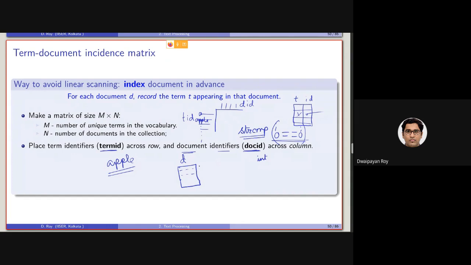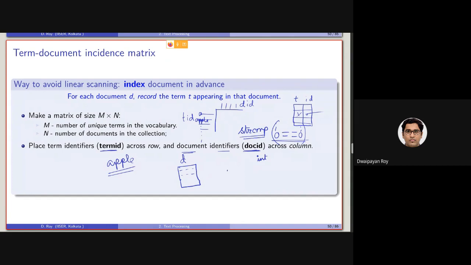So one way is to have some kind of an identifier or unique identifier of the document. That can be some strings as well, like some randomly generated strings. But the most used option is using an integer doc ID for representing the individual documents.